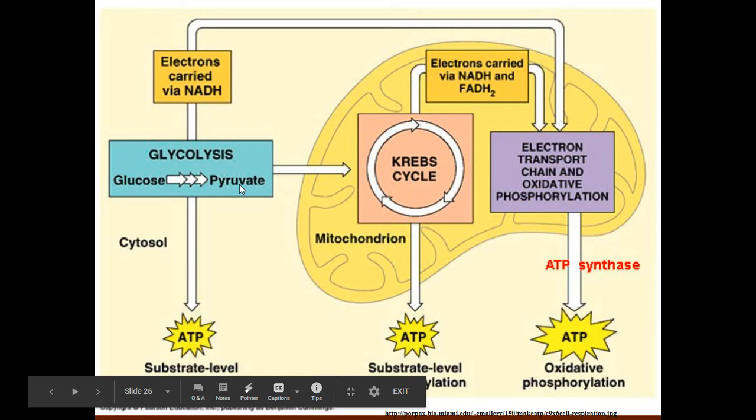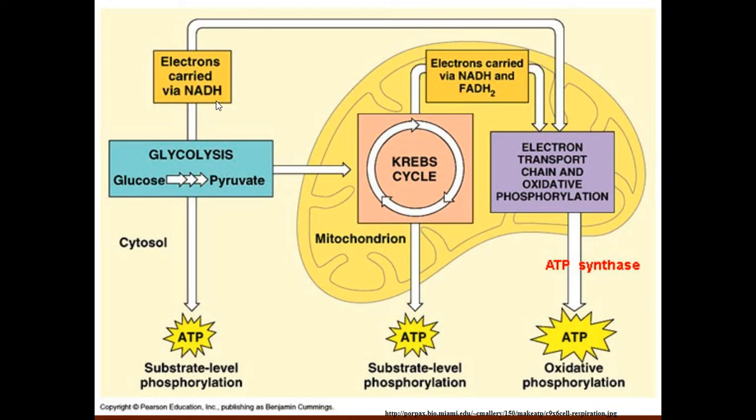This pyruvate, along with some electron carriers, get transferred to the mitochondria. The electron carriers come in later. The pyruvate goes straight into the mitochondria. Remember, glycolysis takes place out in the cytoplasm of the cell. That pyruvate goes inside the mitochondria and goes through the Krebs cycle, which is several small reactions that end up